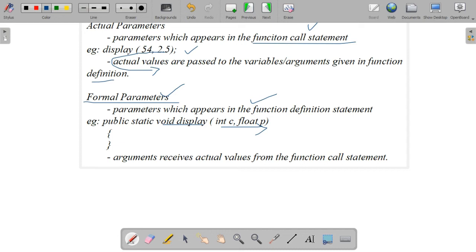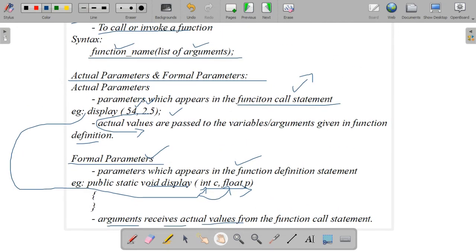The second one is the formal parameter, which appears in the function definition statement. For example, in void display of, these are the two parameters, C and P, known as formal parameters. 54 and 22.5 are known as actual parameters.